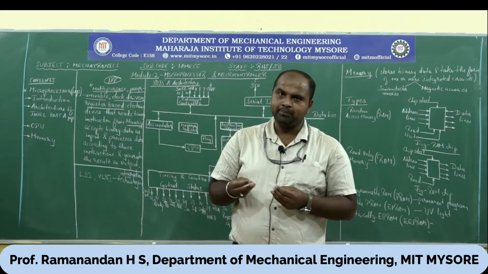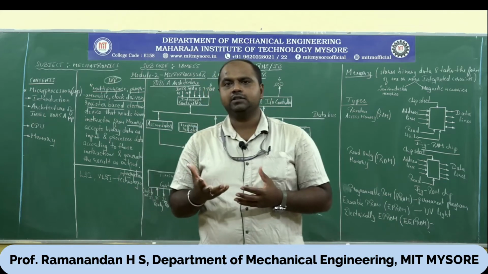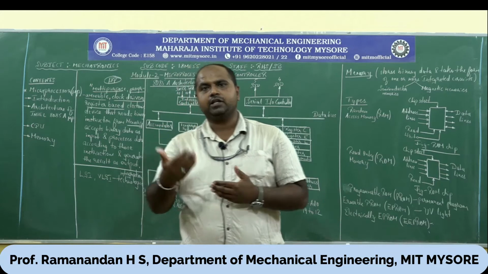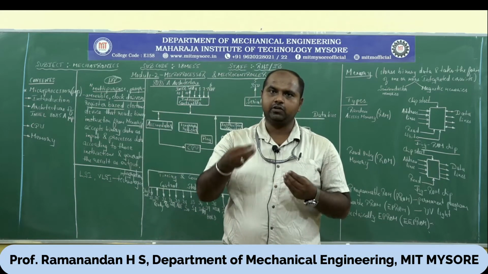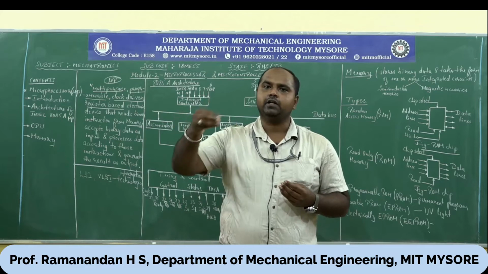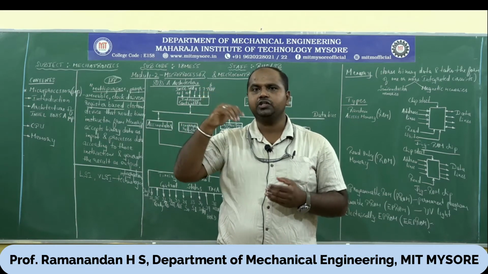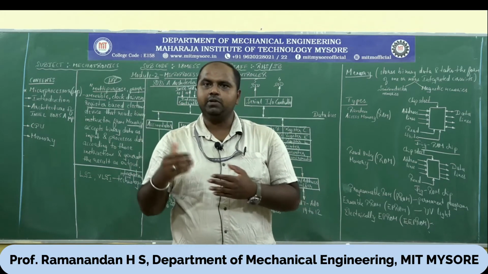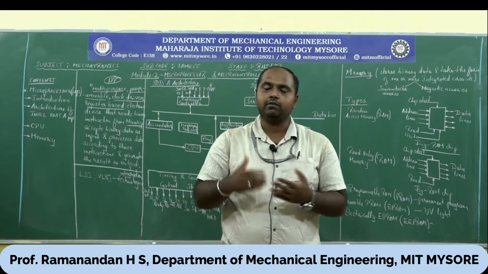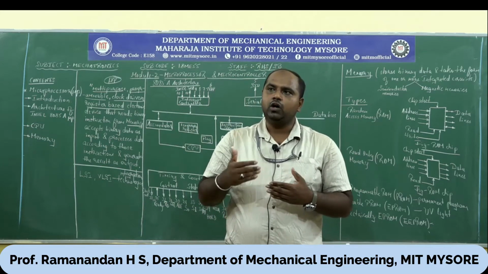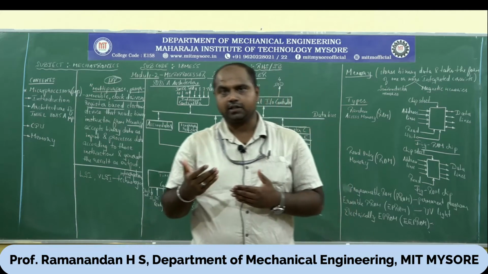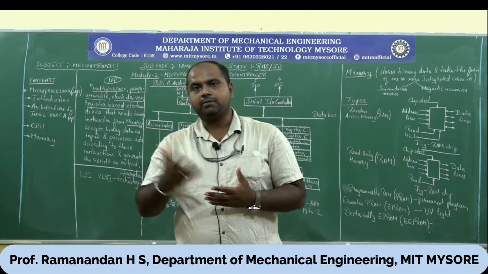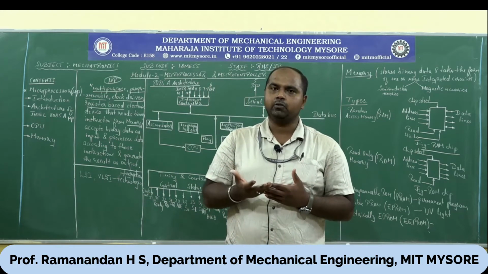Programmable, the next word, is programmable. What do you mean by a program? A program is understood simply as an instruction. A human being can understand instructions in terms of a language. If I tell you to pick an object, or write something on the board, these are all instructions given to you by the instructor, say a faculty. Similarly, the machine will be given an instruction from the user. How can the machine understand the instruction? It also has a language called machine language. That machine language is the most complicated one.